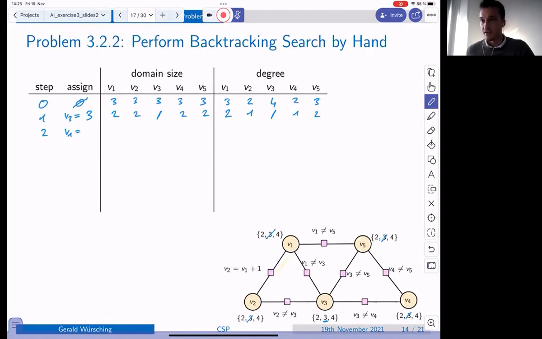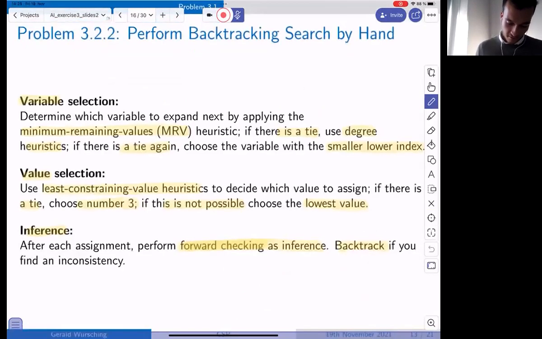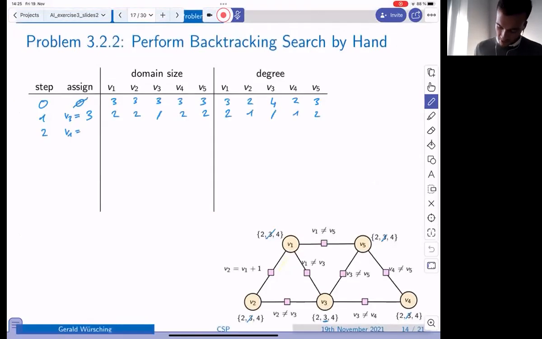And we decide again which value we select. So we use the least constraining value heuristic. If we look at the domain of variable 1, we see only 2 and 4 are left. So we can only decide between assigning value 2 and value 4.